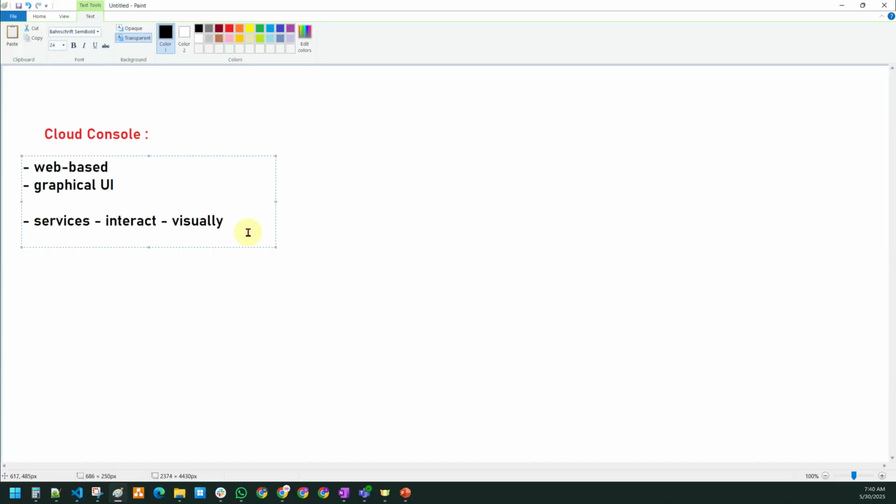So that is what the console is. Sir, what can we do? If one wanted to create, update, or delete any resource in the GCP, we can go to the cloud console.